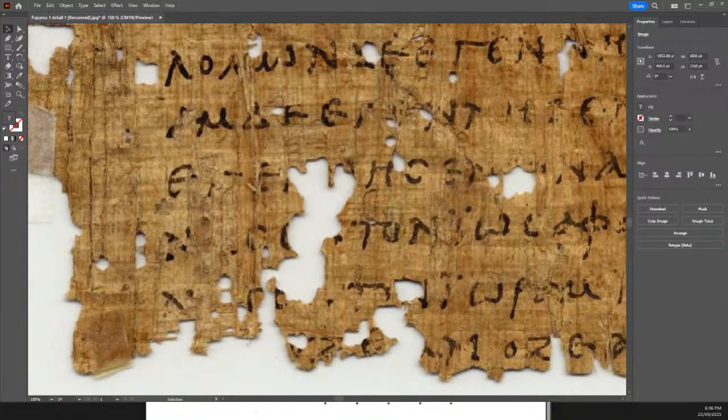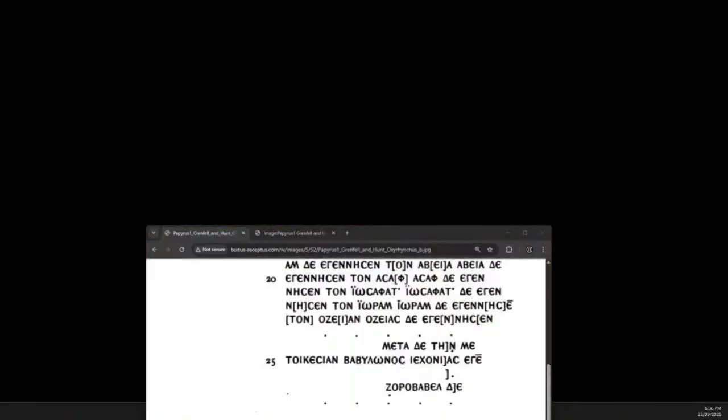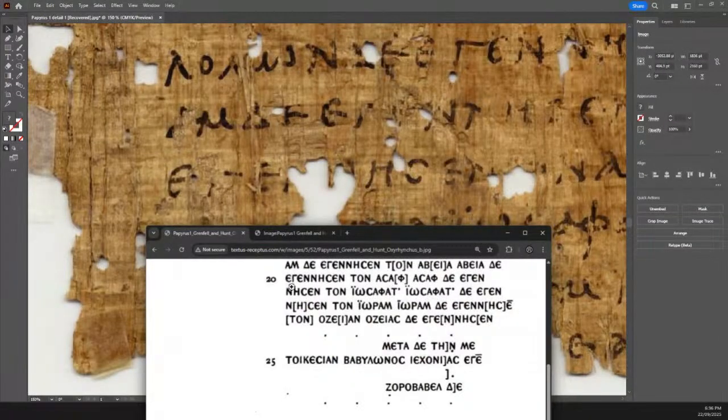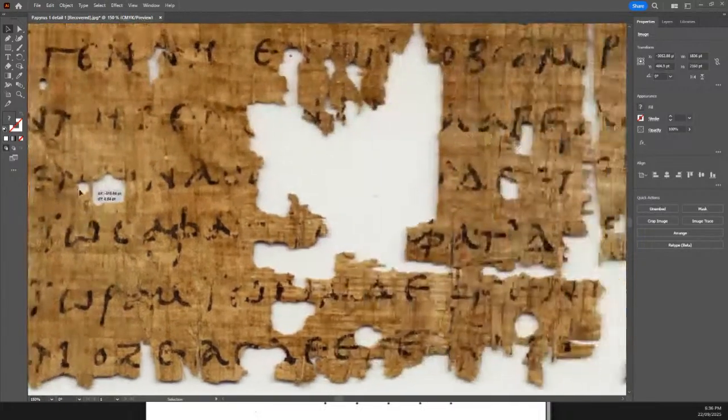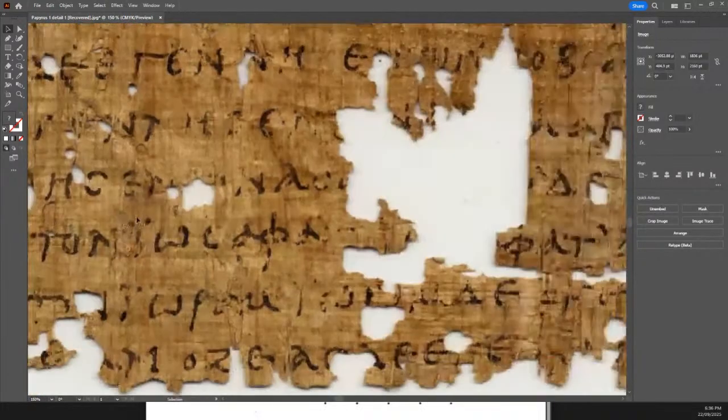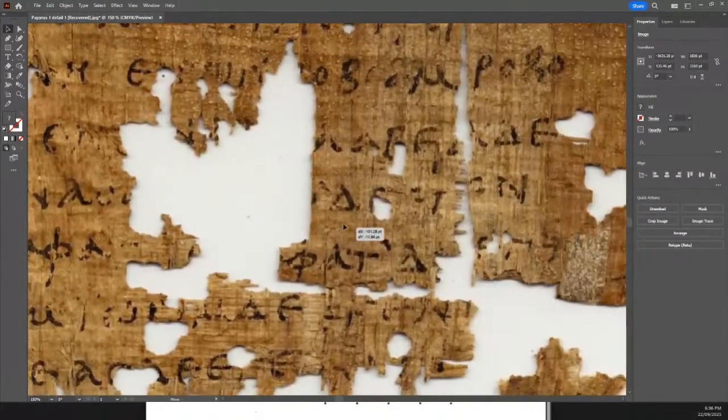Okay, so where did my other thing go? There it is. Okay, so then we've got egenesen. Egenesen, and then a ton, and then we're looking at another huge gap in the text,